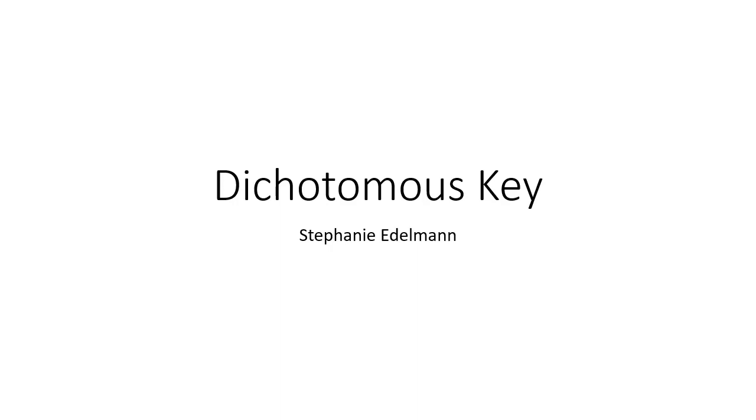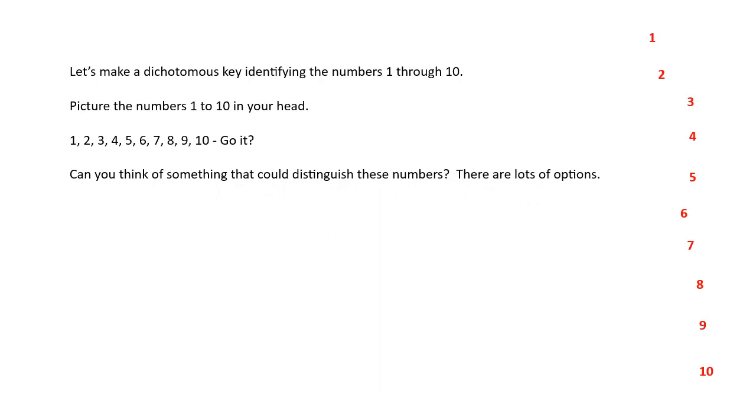I created this tutorial for my students in order to help them understand how a dichotomous key works. A dichotomous key is a key that helps you identify items that are unknowns. In order to explain to you how the key works, I will start with something that you're very familiar with,